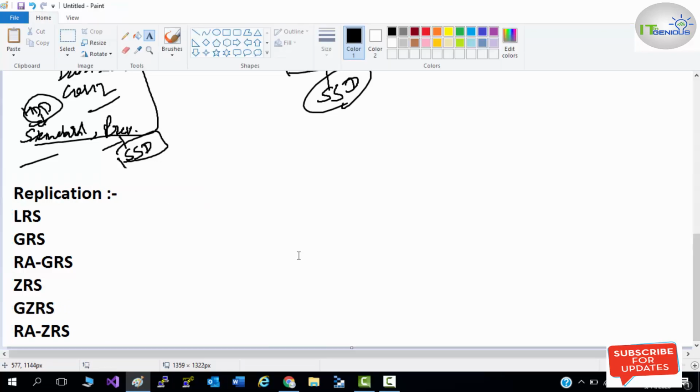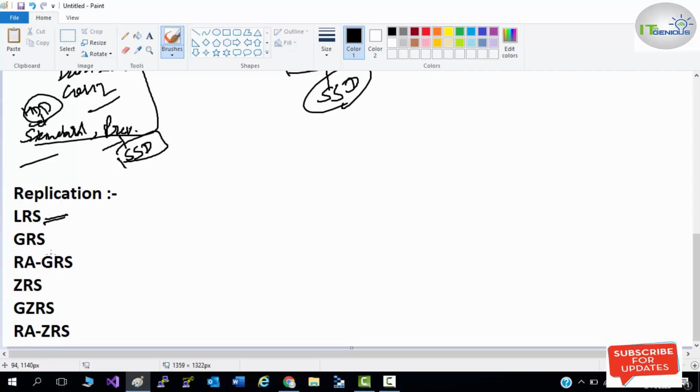These are the replication options which are available in an Azure storage account. That means you'll get redundancy when you store your data. We'll discuss them in detail in my next lecture; right now we're just taking an overview.